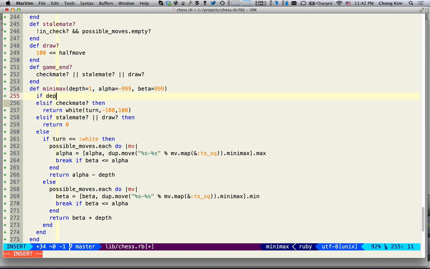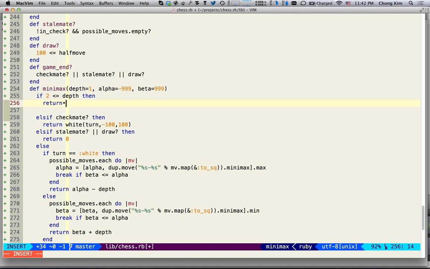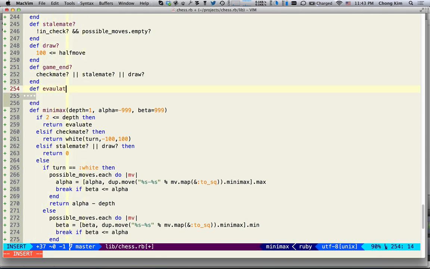So if the depth is, let's say, greater than 2, we'll just keep it small for now, then return evaluate. And evaluate is going to be, let's see, evaluate the value of the position. And let's evaluate the position by